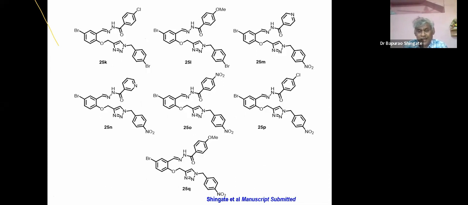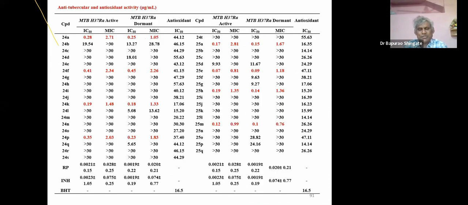40 compounds are there, characterized very well by use of spectroscopic techniques and screened for anti-tubercular activity against the two different strains of MTB S37RA, that is a dormant as well as an active strain of TB, as well as antioxidant activity. And see here 24A, 24F, 24K, 24P as well as 25M, 25H, 25E and 25A. These compounds have in their structure INH-based hydrazones, and they are showing equipotent activity as compared to the standard drug, that is INH,